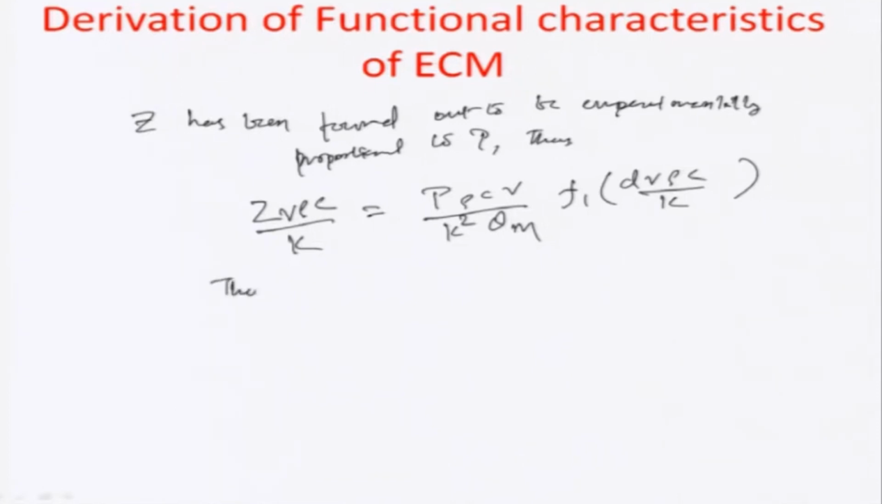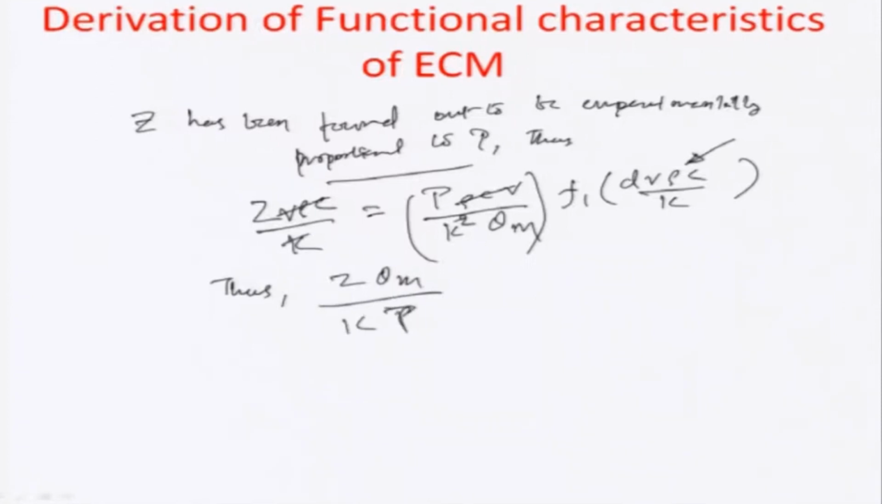Thus, that is the only way to have the proportionality to power as linear. The other term does not have the power term in it, which is actually the function f 1. So, if we just rearrange this a little bit, this goes away, this also goes away. So, you have z theta m by k times power p is equal to a function of d v